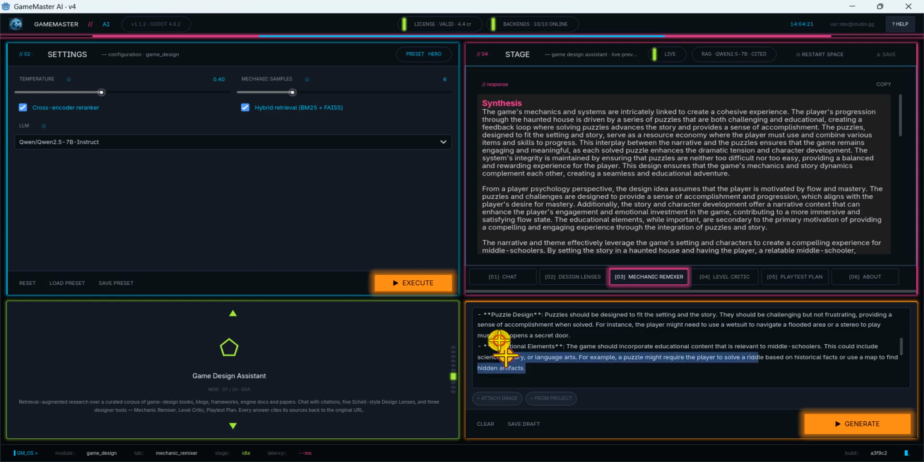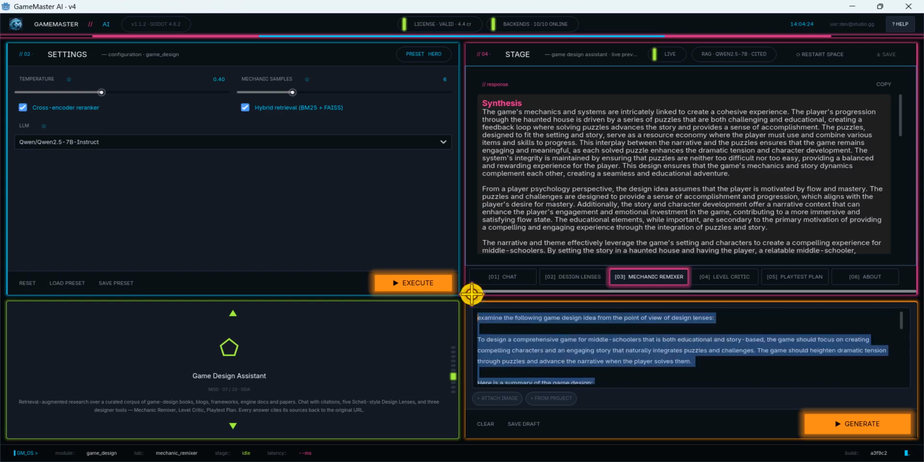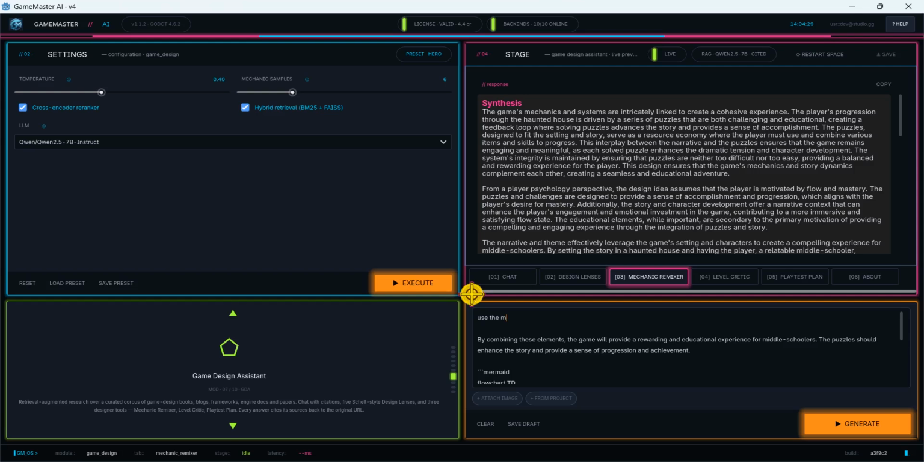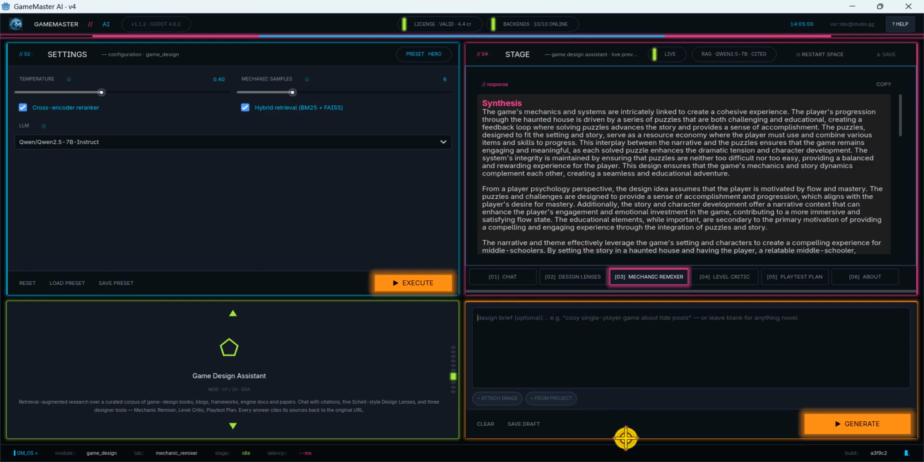We turn on the mechanic remixer, use the mechanic remixer functionality for the following game mechanics brief. I guess so. We delete all of this and